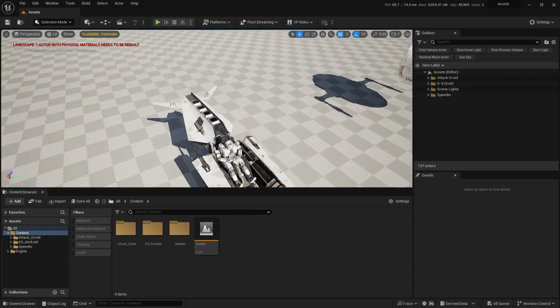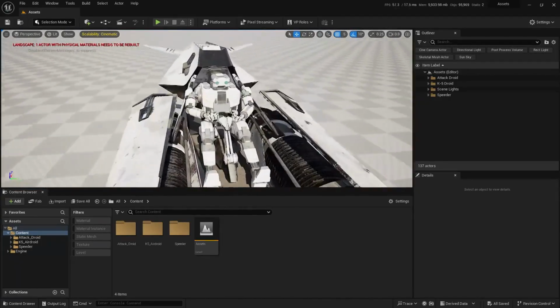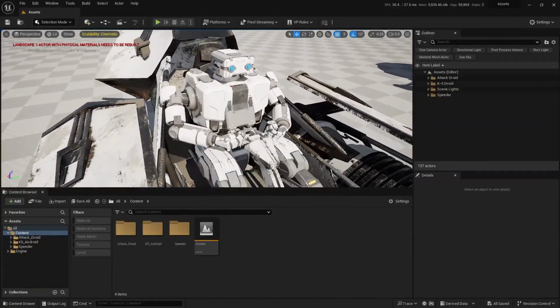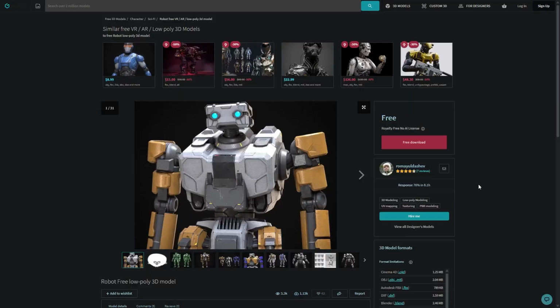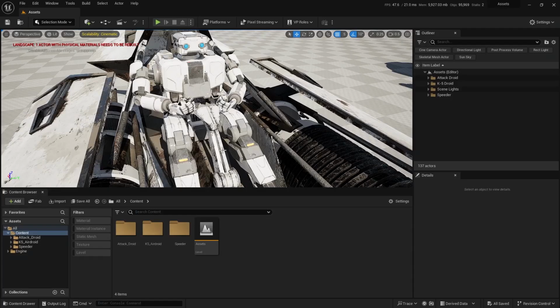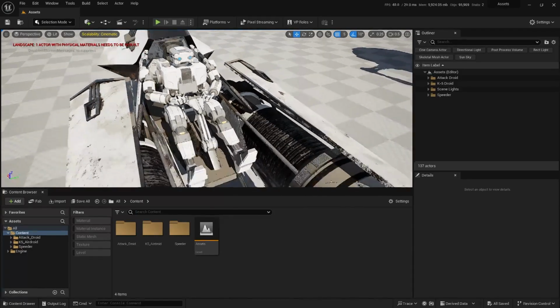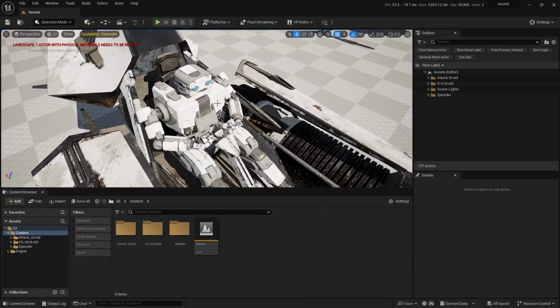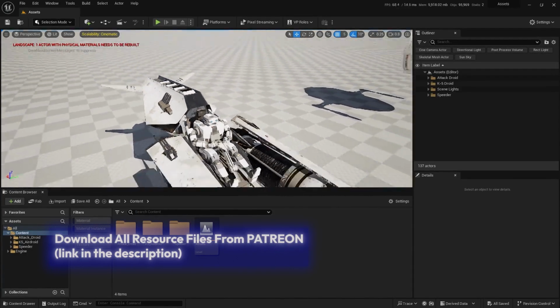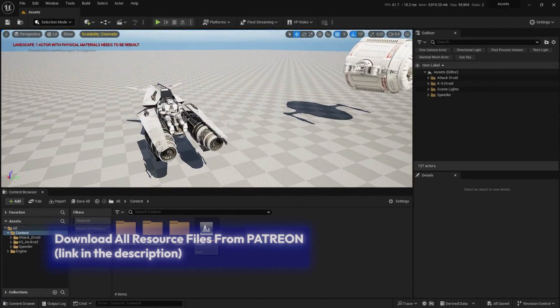So the second thing that I have in here is this sci-fi droid or intruder, whatever you want to call this thing. Of course, the credits for creating this goes to this guy from cgtrader.com who provided us with this model for absolutely free. And I have the same model in here, but I just rigged it in Blender and placed it on the speeder. So what I'm going to do is I'm just going to select these two assets and migrate them to